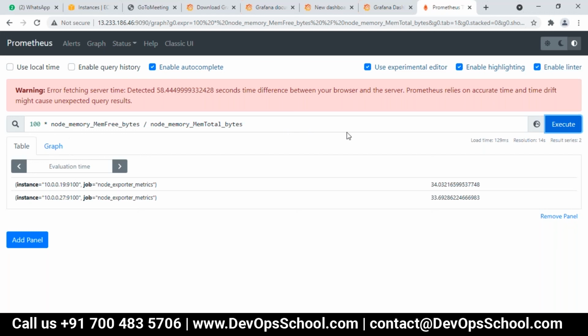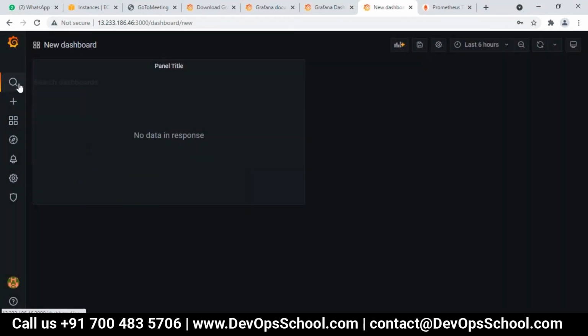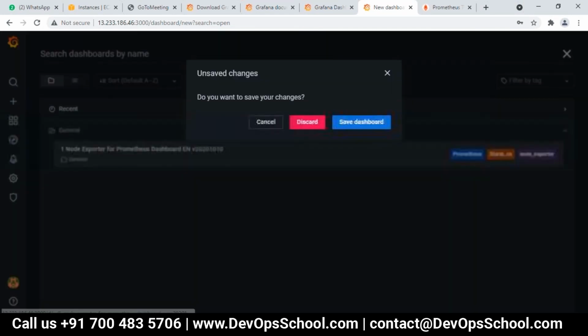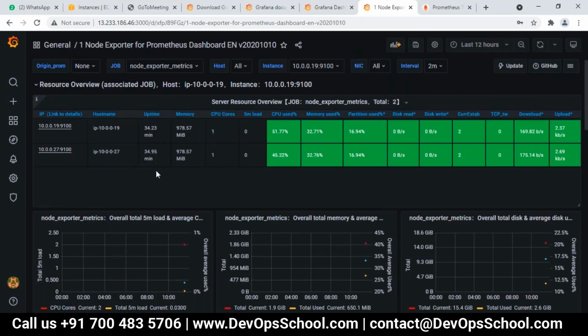So this was the query which we were running, and it used to show the details related to that percentage for these two. So if you can see, such a thing is not available in this dashboard. It is available, memory use 32.7%. It is there. So we want to create a dashboard specifically related to this part.